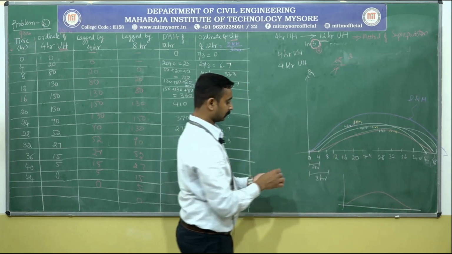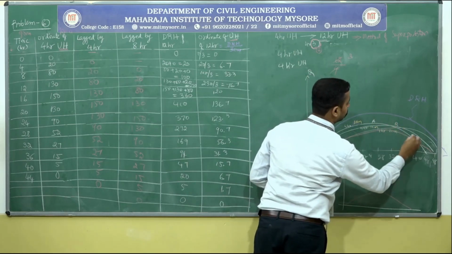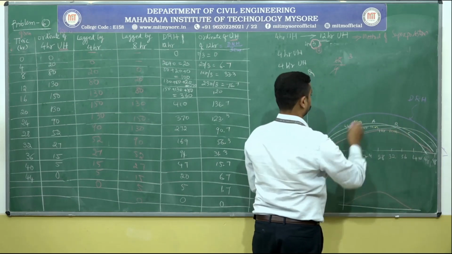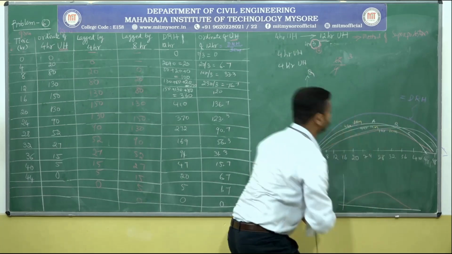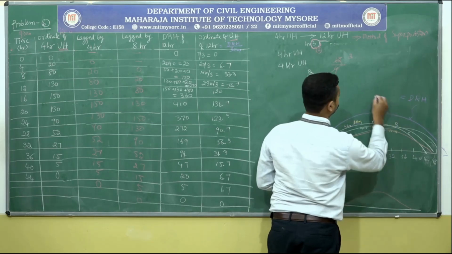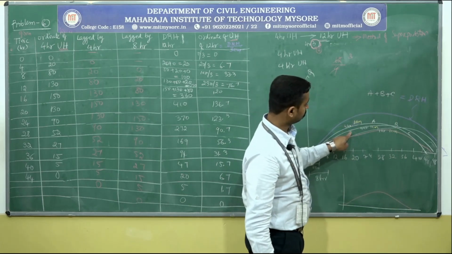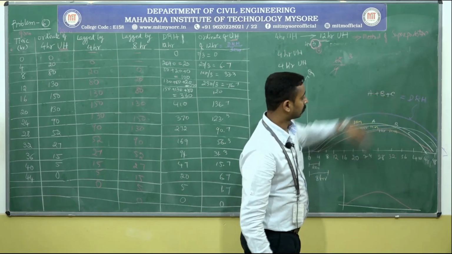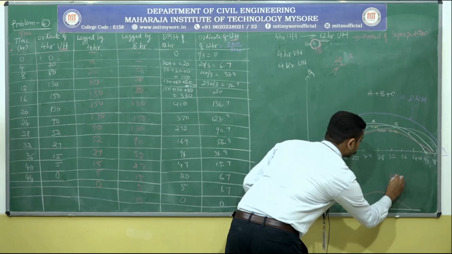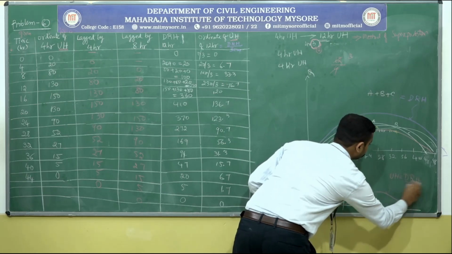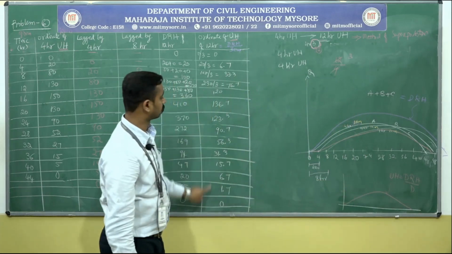This is a unit hydrograph. Let's say this is A. Next one is B, and next this one is C. Now, this direct runoff hydrograph is equal to A plus B plus C. A plus B, next plus C. You will get the direct runoff hydrograph, and this is the graph. Unit hydrograph is equal to direct runoff hydrograph divided by depth. So this is the unit hydrograph, that is the last column.